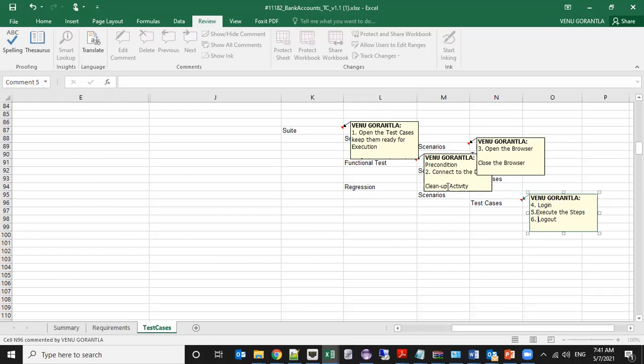Closing the browser. Very good. If you understand this order, TestNG is a cakewalk for you. Now 8 and 9, draft.